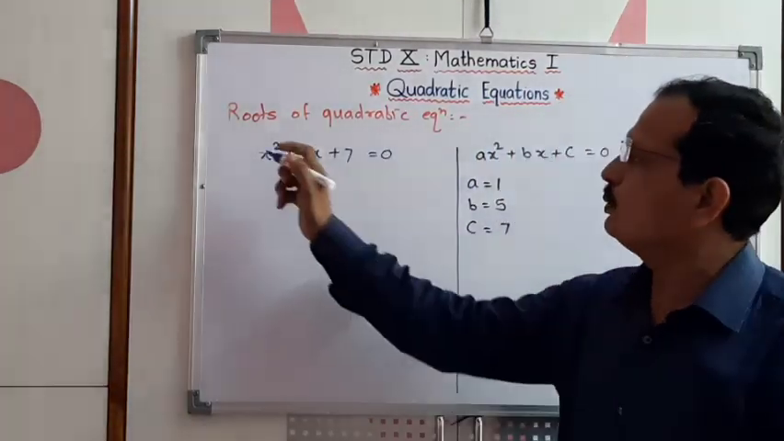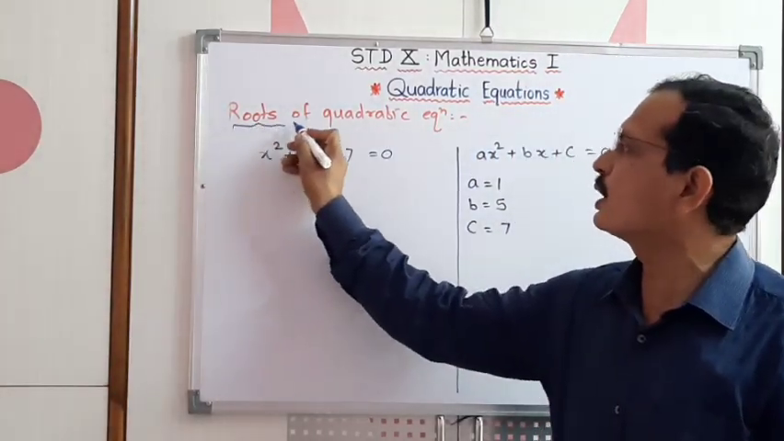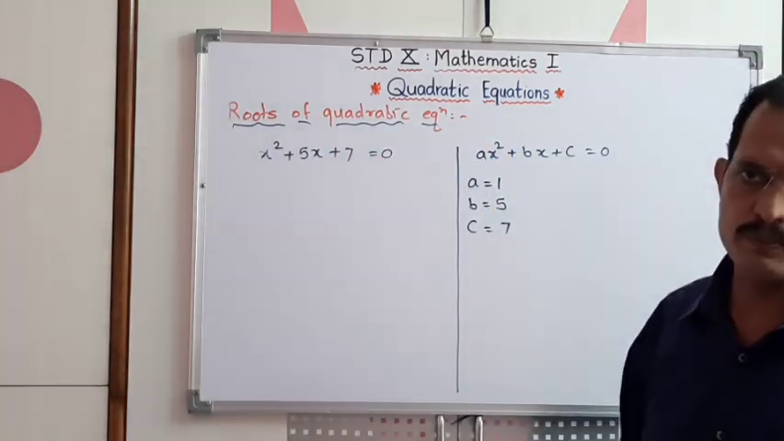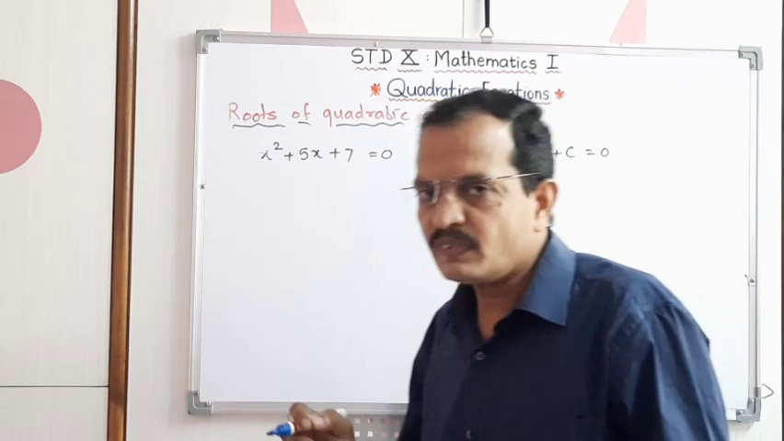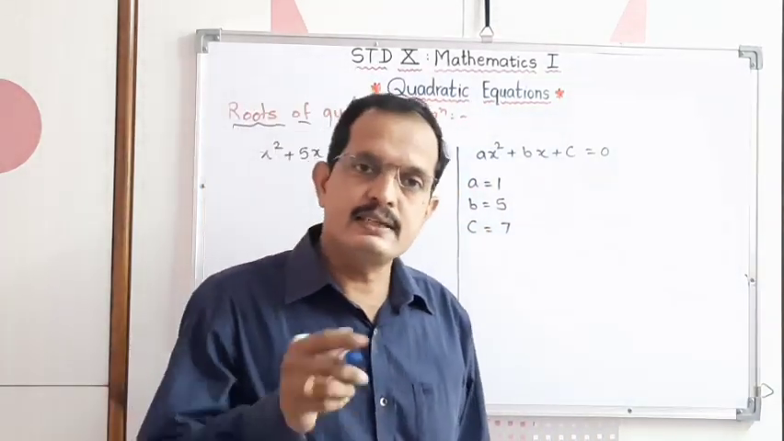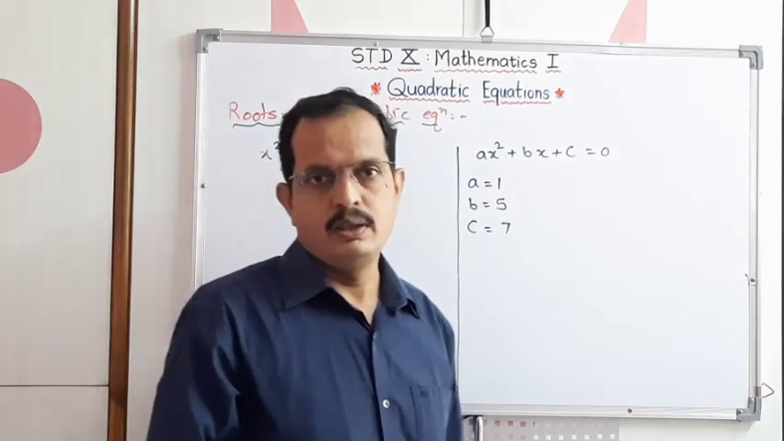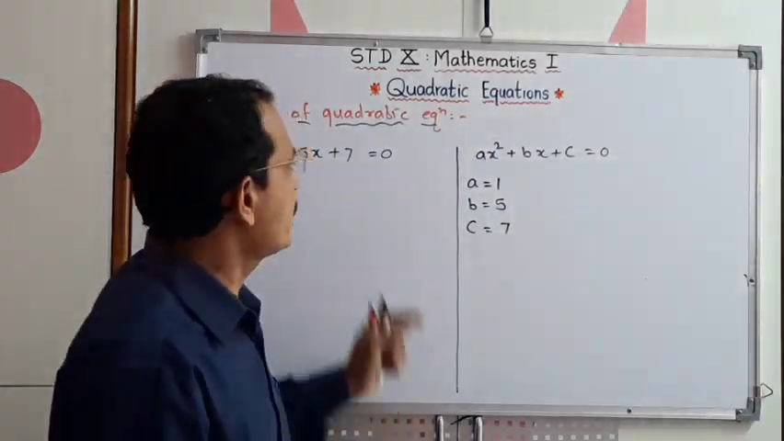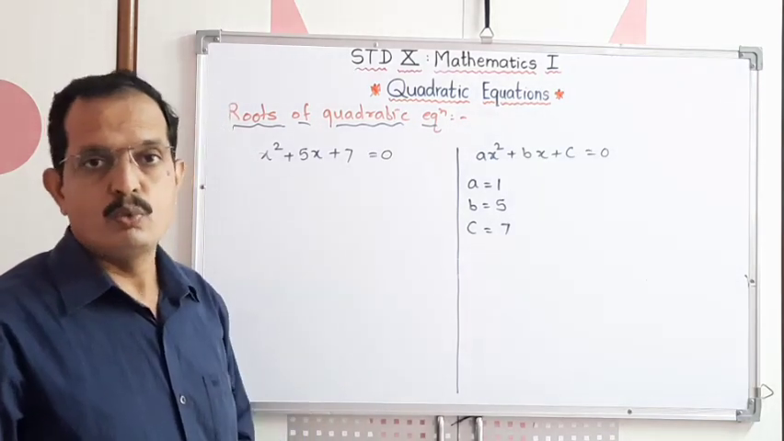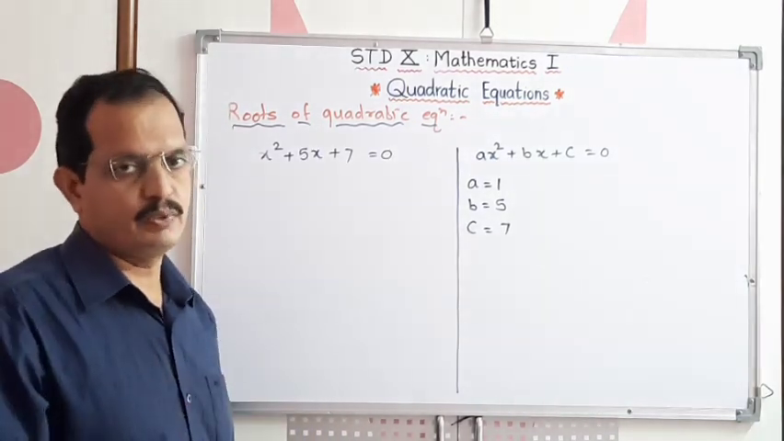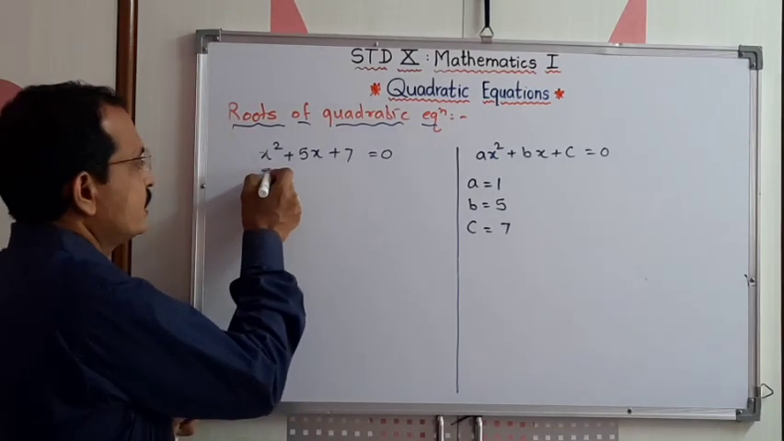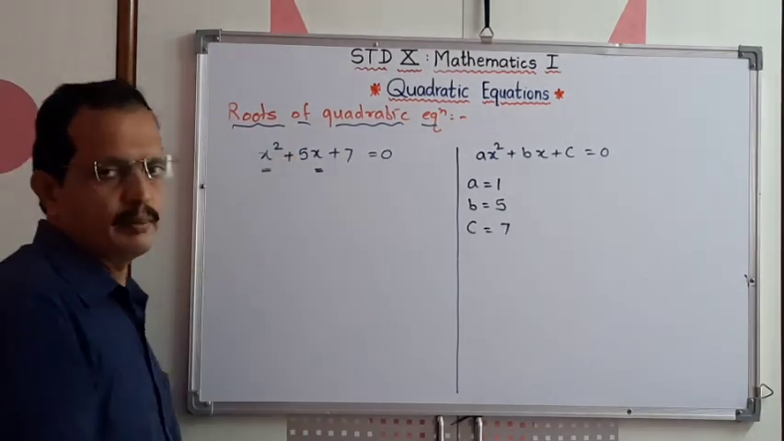Now we have to learn about the roots of the quadratic equation. Now root of the quadratic equation means what? It means the value of variable which satisfies the given equation. Roots of the quadratic equation means the value of variable which satisfies the given equation. What is the meaning of this? Suppose in this equation x is a variable,